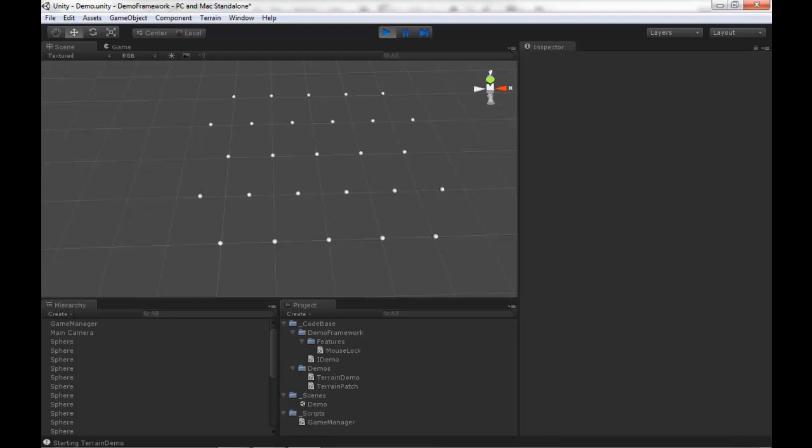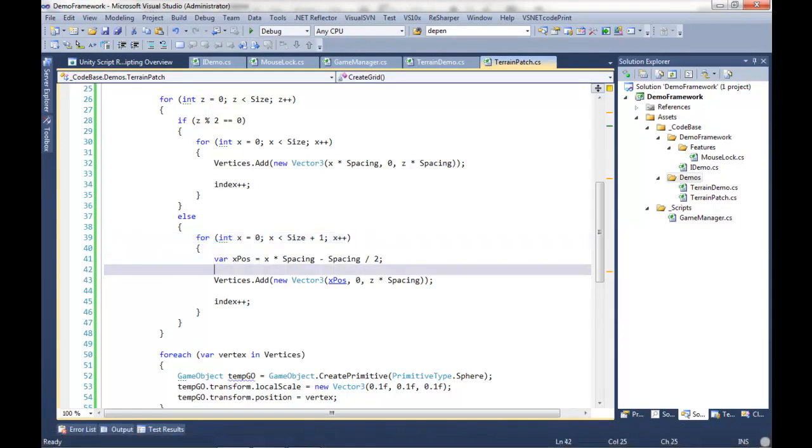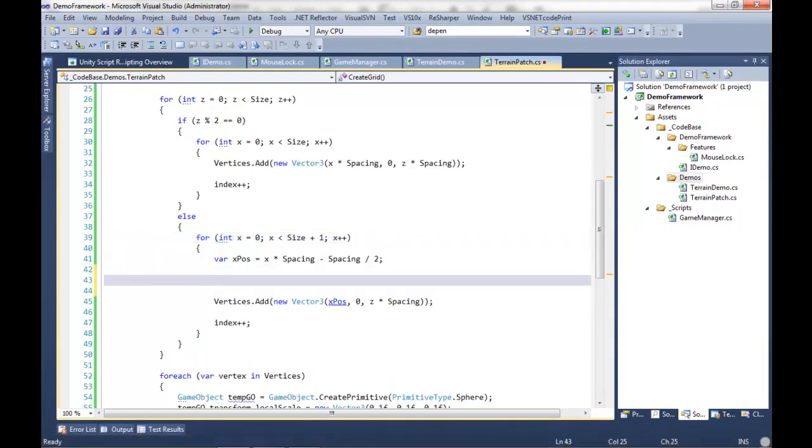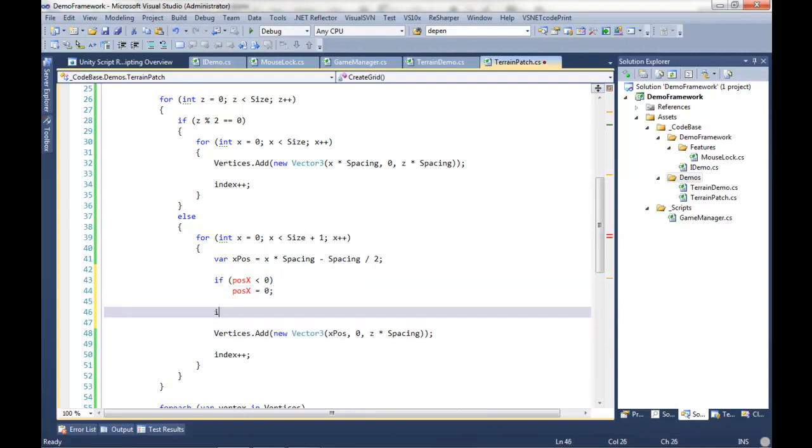Now, this is not a square. And one of the things that we said is our patch has to be square. So we have to force this to be square. Back in Visual Studio, a little bit more code, some more conditionals. Say if position x is less than 0, then position x equals 0, and if position x is greater than size minus 1